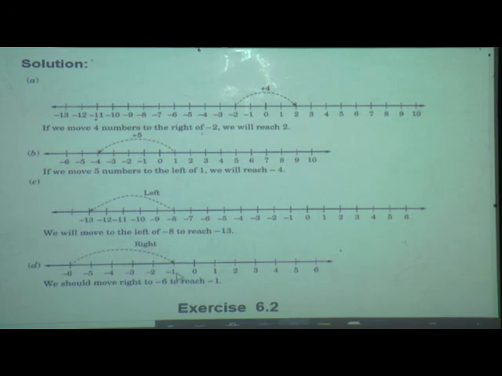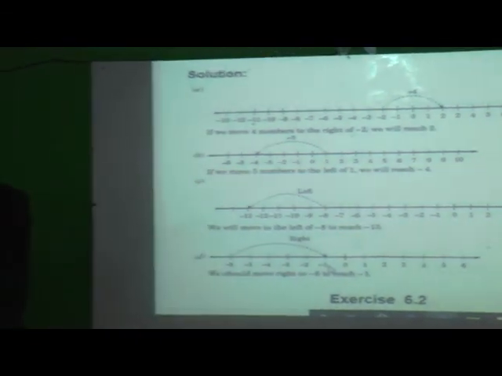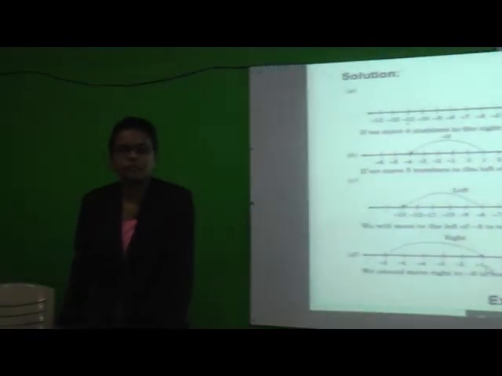Okay. So here we have completed exercise 6.1, where we have studied how to form the number line, to mark the point, to write whether it is a positive integer or negative integer, and we have also studied the opposites of integers. Okay. In the next class we will see addition and subtraction of integers on the number line. Till that time you can practice all the questions given in your textbooks. Thank you students.